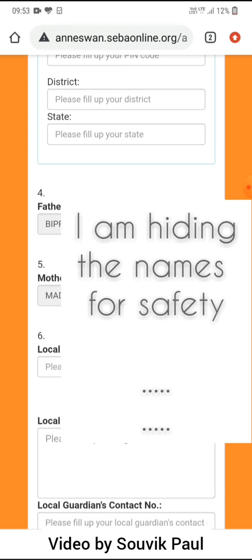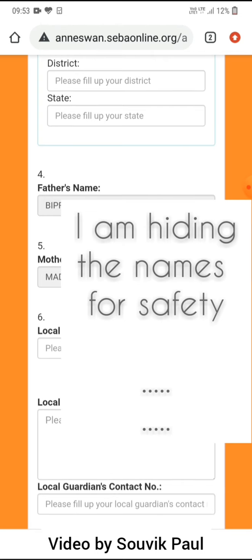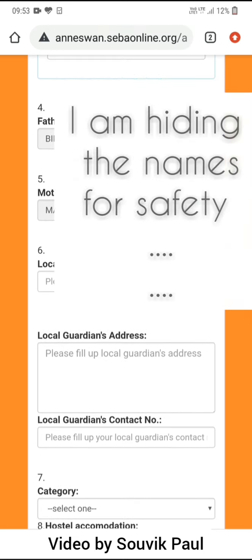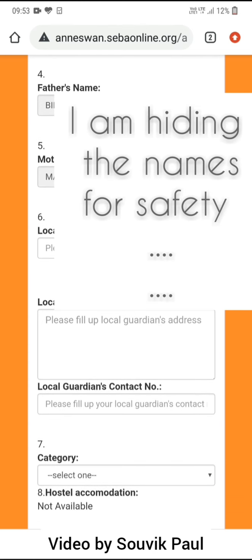See, as I have told you previously, your father's name and mother's name has been taken from the HSLC data. If you have any local guardian, then write his name, address, and local guardian's contact number.